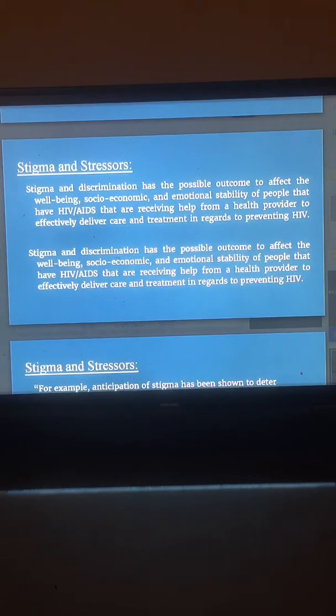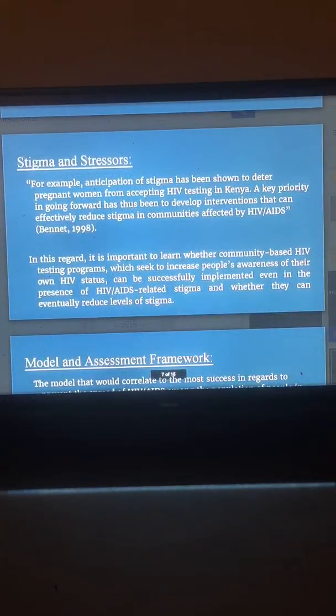Stigma and discrimination can affect the well-being, socioeconomic status, and emotional stability of people with HIV/AIDS who are receiving help from a health provider to effectively deliver care and treatment in regards to prevention. Stigma and stressors have also been shown to deter pregnant women from accepting HIV testing in Kenya. A priority going forward, thus, has been to develop interventions that can effectively reduce stigma in communities affected by